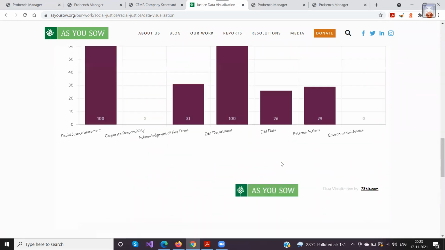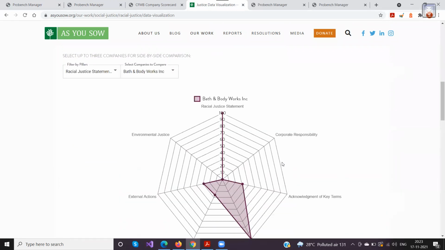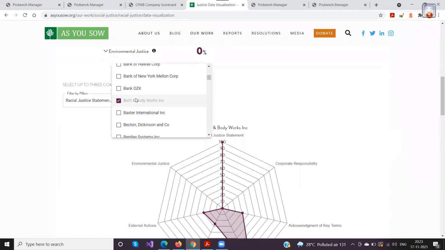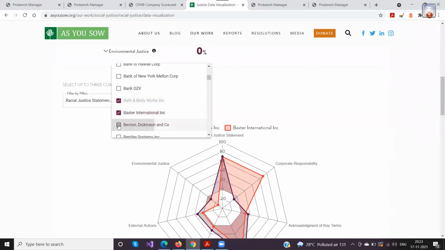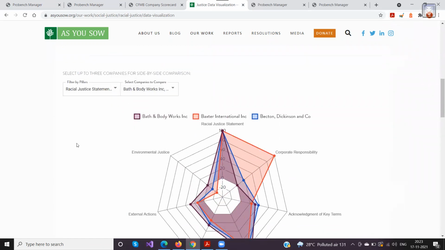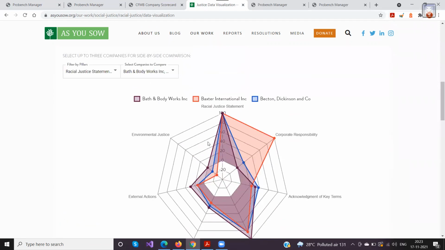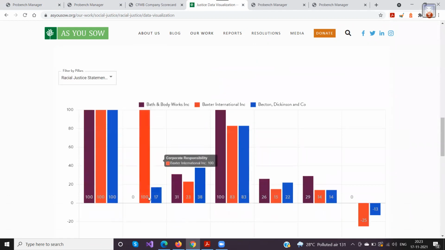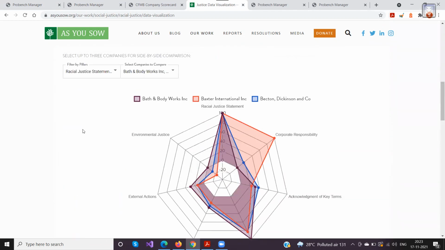We have even recently added a capability of comparison. You can compare between three companies, like what the scores are for each of these companies. In the bar charts also, you will see these three different colors, so you would be able to compare the companies.